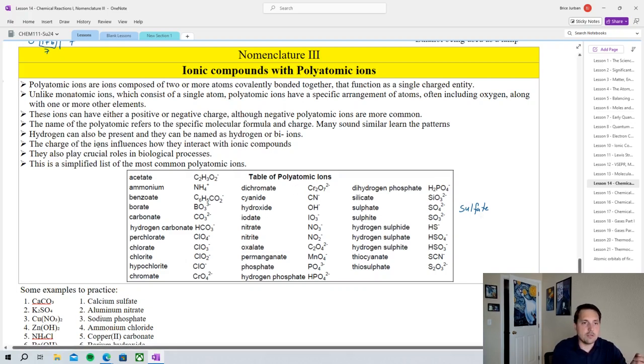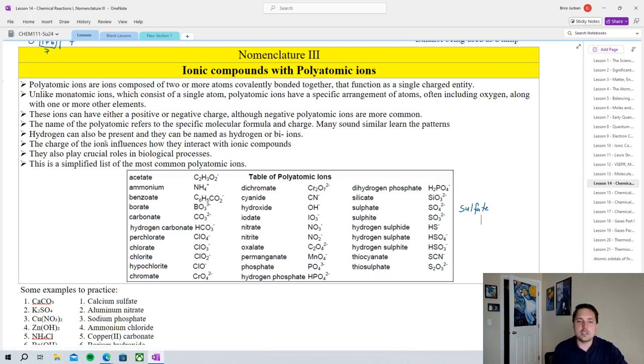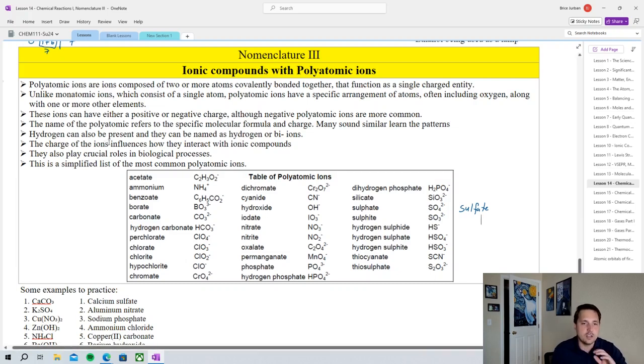Okay, now one thing that we want to make sure that we also know is if we're going to memorize these, we need to memorize the charges that go along with them. And it is a little bit tricky to do this, but there are patterns, and maybe just make some flashcards. I have some on my Quizlet deck. You can just practice